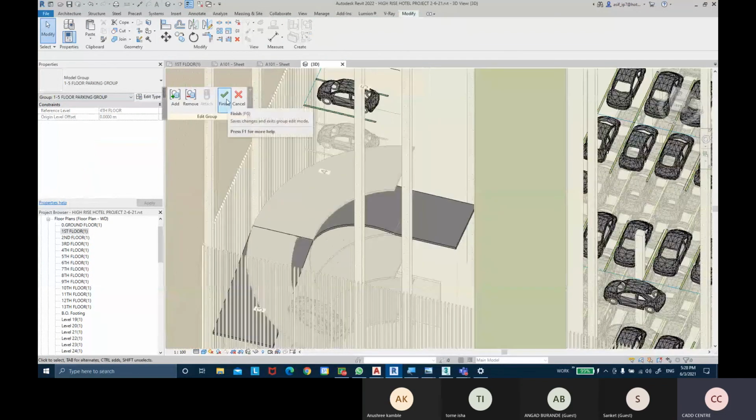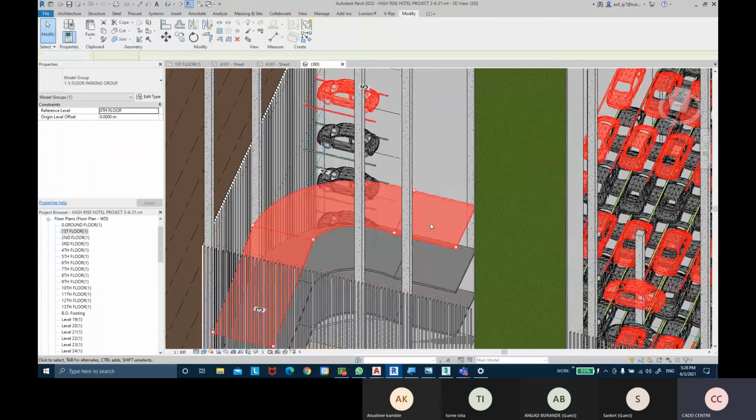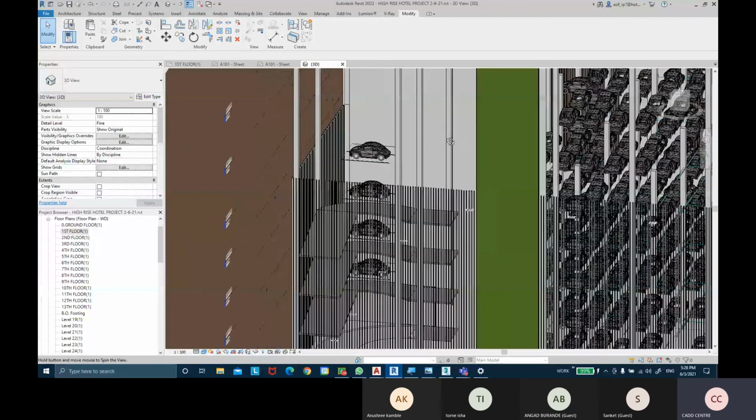Let me click on finish once again. It edited all the floors. As you can see, it got changed and applied.